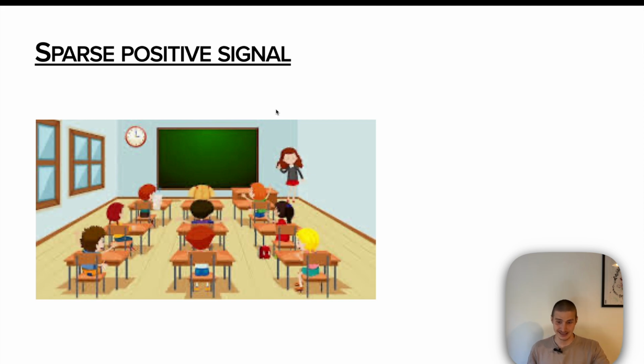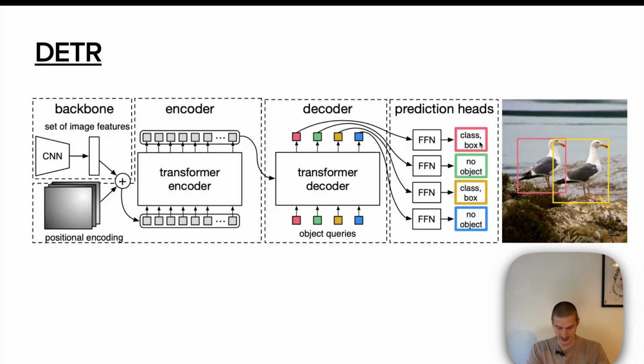Now, this is not how it happens in DETR. In DETR, if we take a look at the scheme again, we have some predictions that do connect to some ground truth objects, like bird number 1 and bird number 2. And so during actual backprop, the signal that gets propagated back to the weights of the model says, okay, you were correct to predict this bird class, and you get some bounding box error as well, so you can adjust your bounding boxes. But that only happens to 2 of the outputs. Everyone else gets connected to no object. At this point, the only signal that you get is that you were right not to detect any objects,